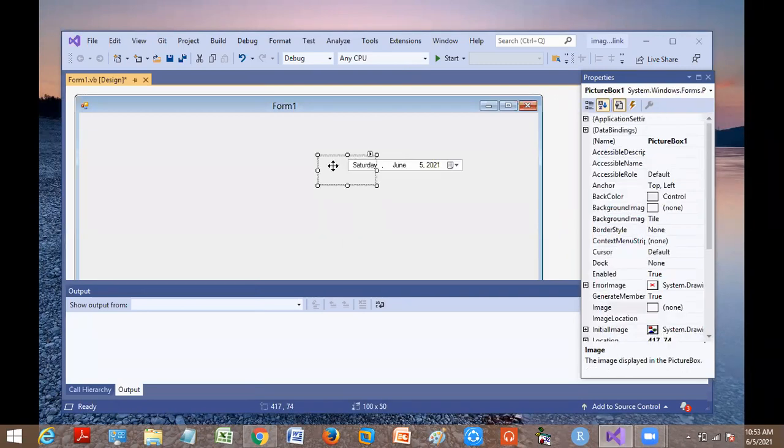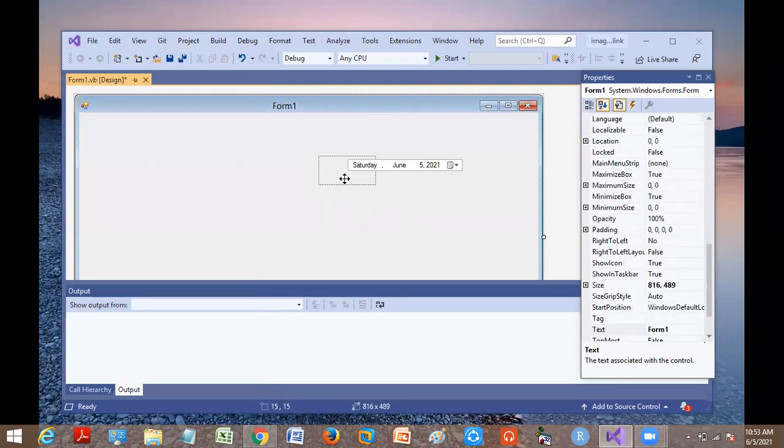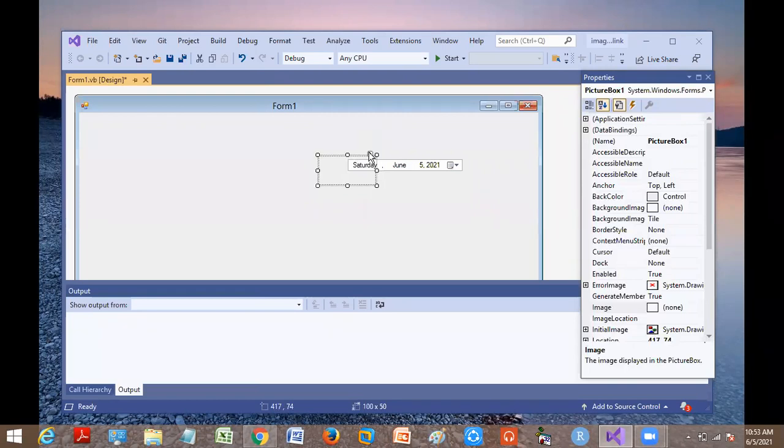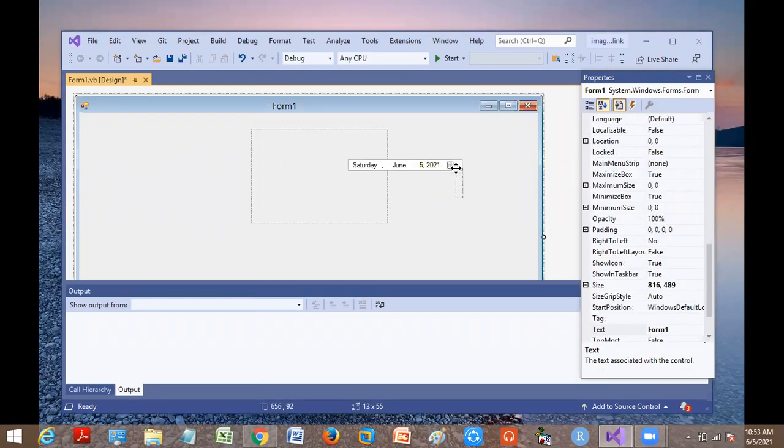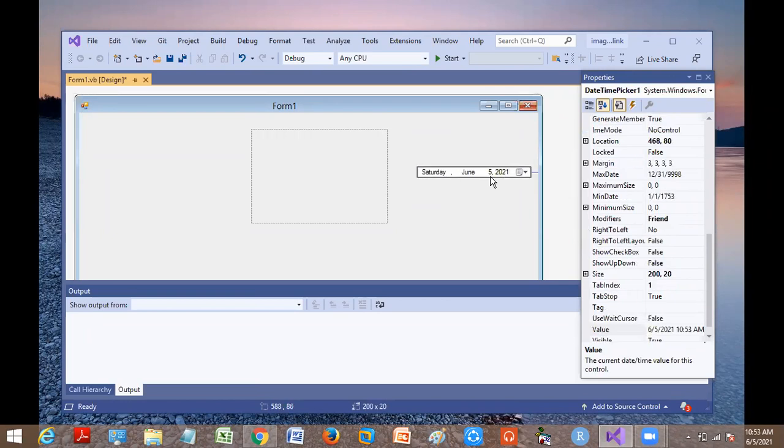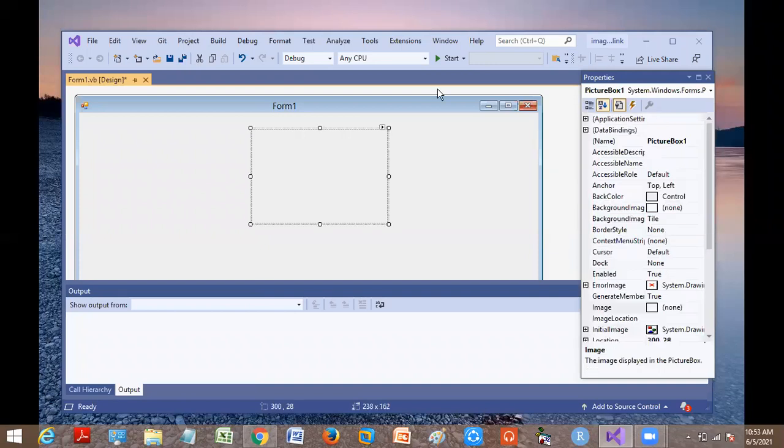Let me put it correctly. One second, let me just drag it a little bit. Now, is the picture box visible?